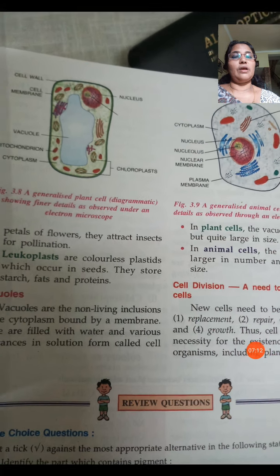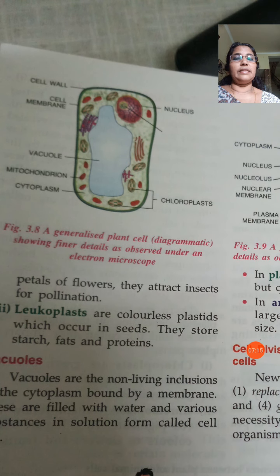Another feature of the plant cell is that it contains plastids. You can see the chloroplast here. Chloroplast gives green color to the plant cell. Then chromoplasts are plastids containing different colors, giving flowers or fruits red, yellow color, etc. Such plastids are known as chromoplasts. These chloroplasts and chromoplasts are present only in the plant cell. In animal cells we cannot see such coloring substances, orange, red, green color, etc.